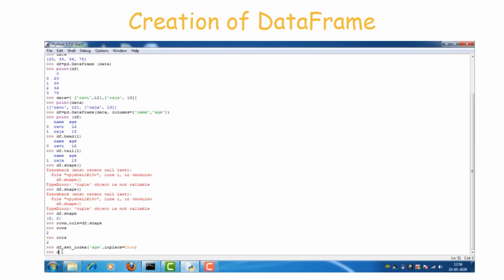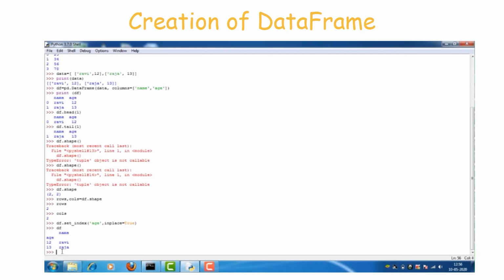Now the df will be changed. Age becomes the first attribute and name becomes the second attribute. For that we have to use the set_index function with two arguments. The first argument is used to specify the index of the data frame.